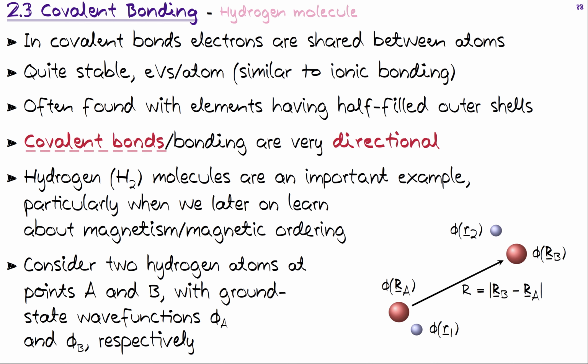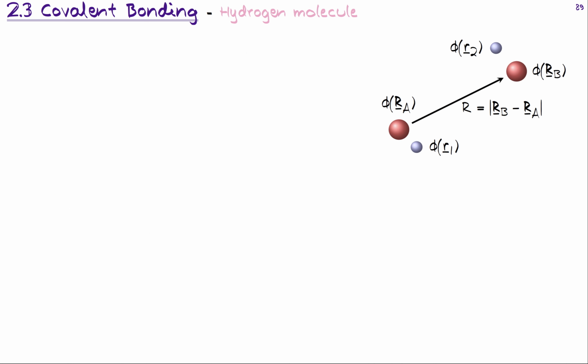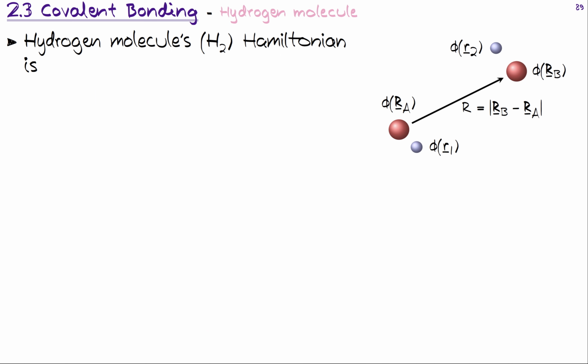So the modulus of R_B minus R_A. So that's our system. We will now scrutinize and solve the Hamiltonian of this system. So we will form the Hamiltonian, and we will just write it. So we will have many terms. The first one gives